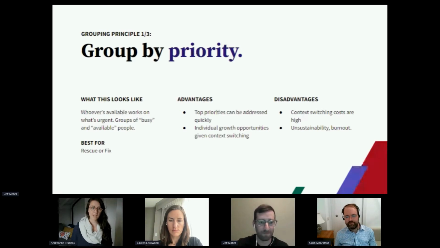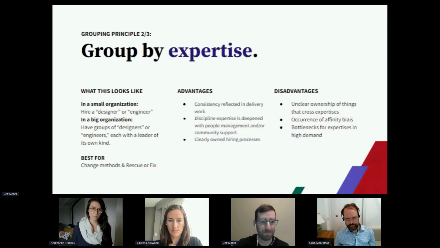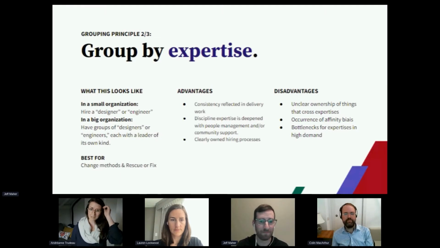So grouping by expertise is the second principle, and it says it all. It is about assembling teams based on their expert knowledge and experience. So we've thought about engineering, design, research, or product management as examples of digital expertises here. We believe that this grouping principle applies best to teams whose mission is to rescue or to fix or change